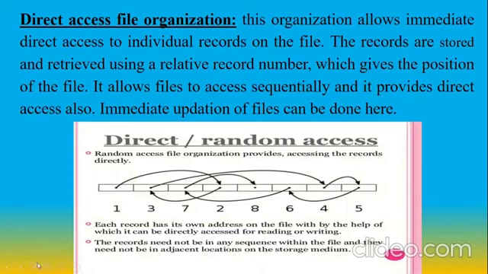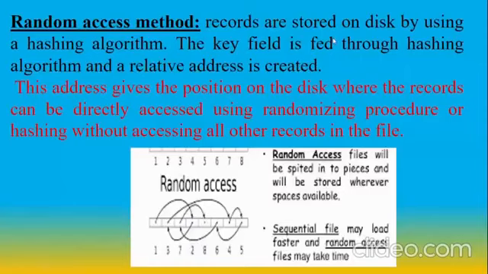That means the files can be anywhere on the storage medium, but we can access them directly. For example, with a hard disk, when you store a file in C drive or D drive, whichever the location, and you search for the file directly, we can access that file from any location of the computer. So this kind of access method is called direct access method.